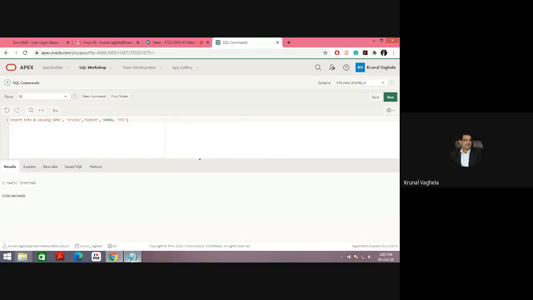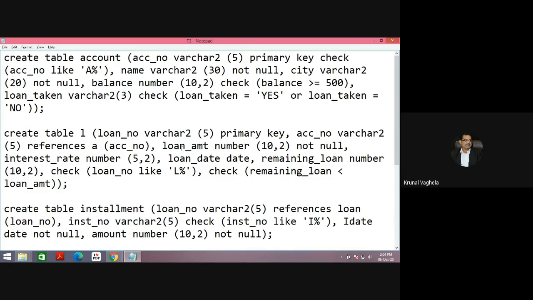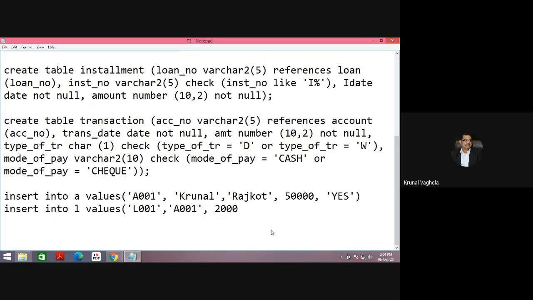So I enter it. Now I am inserting into the loan table. Insert into L. Values. First one is L001. Second one is A001. Then what are the loan amount, interest rate, loan date, and remaining loan. Loan amount, for example, 20,000.